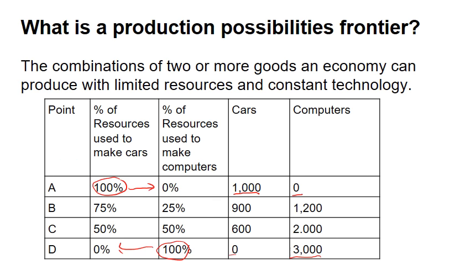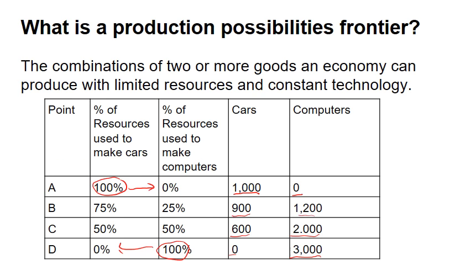Of course, 100%, 0%, 0%, 100% are the two extremes. We can allocate our resources in any proportion between those two. Let's just say if we do point C, if we use 50-50, let's say we can at that point make 600 cars and 2,000 computers. If we do 75% of our resources to make cars and 25% to make computers, we'll get 900